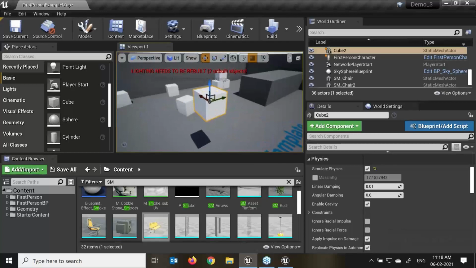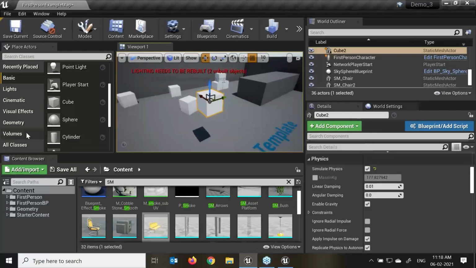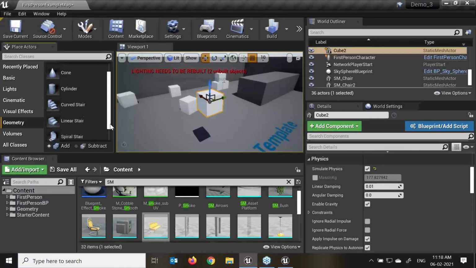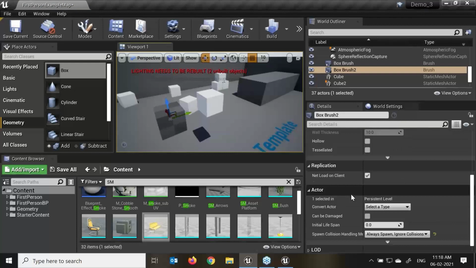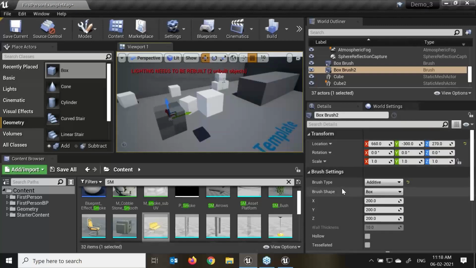So this is what I'm doing with a static mesh. If I'm importing geometry, and you are downloading any lower version of Unreal, the name will be different. It will be BSP over here, that is called binary space partitions. But if you are working on Unreal 4.25 or 4.26, here we can see the name they have given to geometry. If I drag and drop this cube over here, we are not getting any physics property options, right? So here we can't do animations like the flap animation. If I want to, I can't do that.